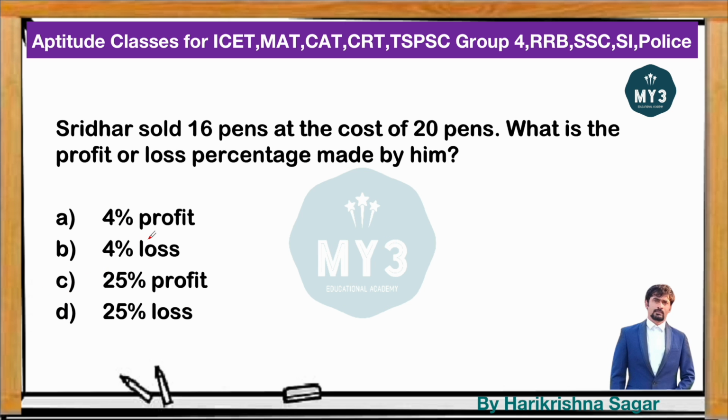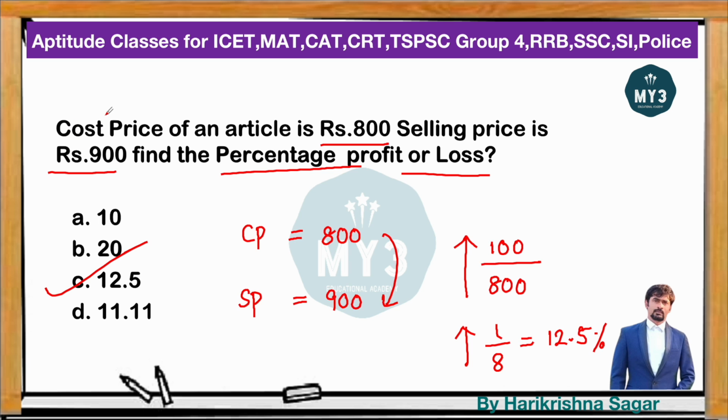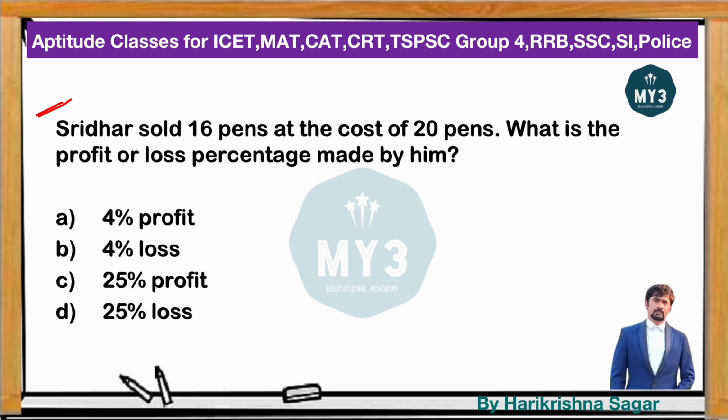Let's take one more question. Here in this type, he mentioned that Sridhar sold 16 pens at the cost of 20 pens. What is the profit or loss percentage made by him? You can observe Sridhar sold 16 pens. Sold indicates selling price. 16 pens selling price is the same as